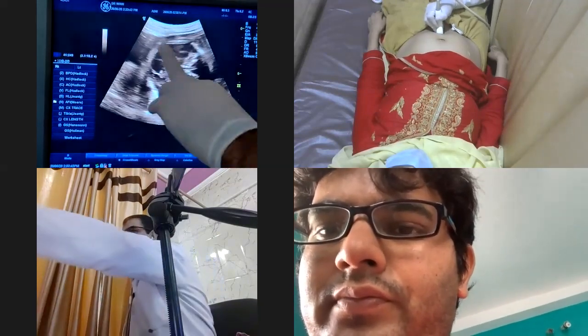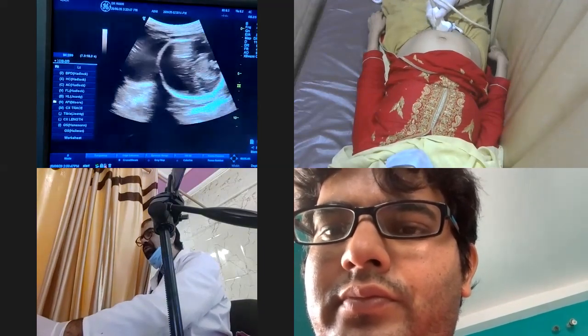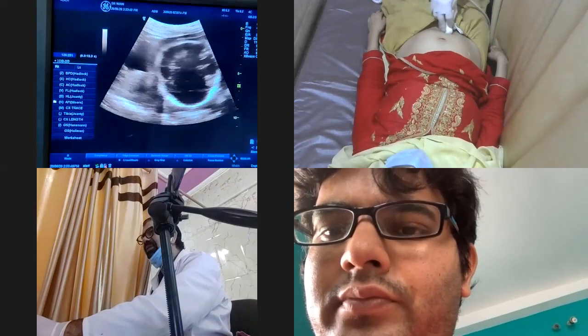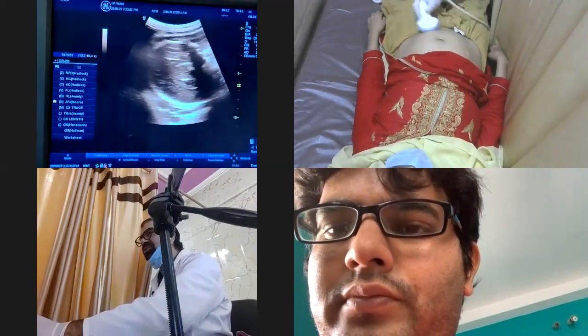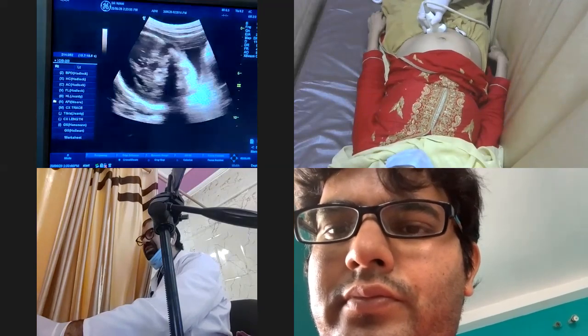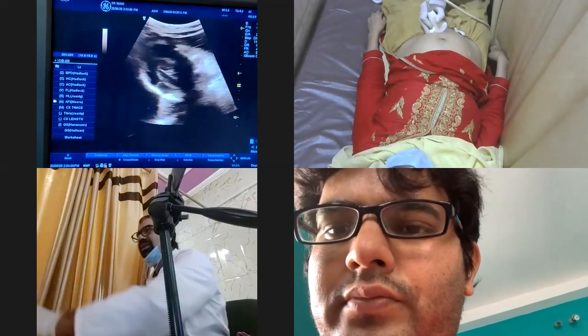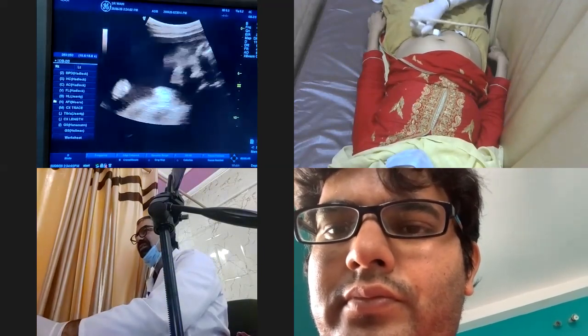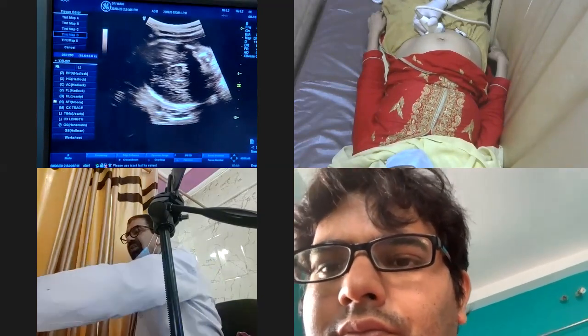Now this is the fetal head over here. So first of all, what we have to do is take the biparietal diameter. The biparietal diameter has to be taken whenever I am seeing the thalami and cavum septum pellucidum. So for that, I have to see the central echoes. Now see, the central echoes will be over here. So whenever the central echoes are seen, you can take the BPD.